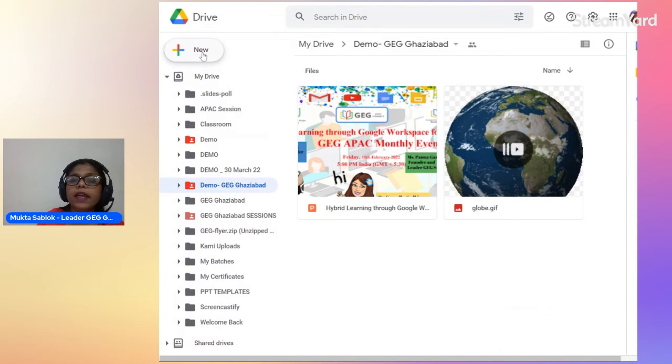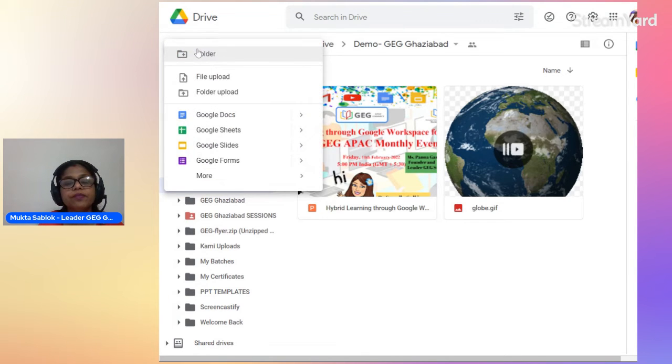Going ahead, up till now I have told you how to upload files in folders and how to create a new folder. What if I want to create a new file directly in my drive? So here is the option.